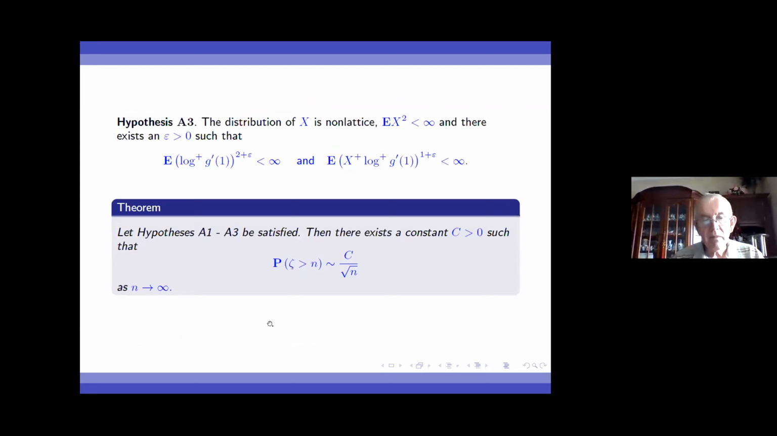Forget about this. If all these technical conditions are satisfied, then there exists a positive constant c such that the probability that the length of the life period will be more than n is proportional to c divided by square root of n. And I will not show you the proofs of this result, of course, but the point is